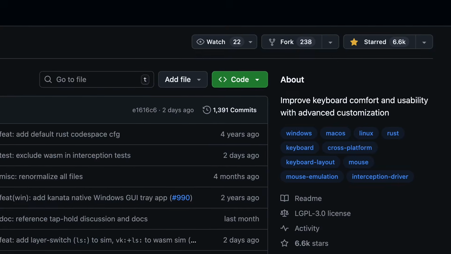Luckily, I've been able to vibe code solutions to most of these issues, which I may open source in the future. But I really wish Kanata had a bigger community,